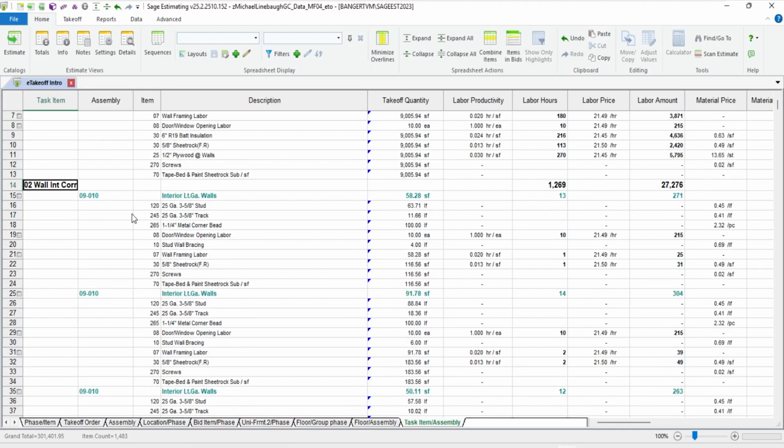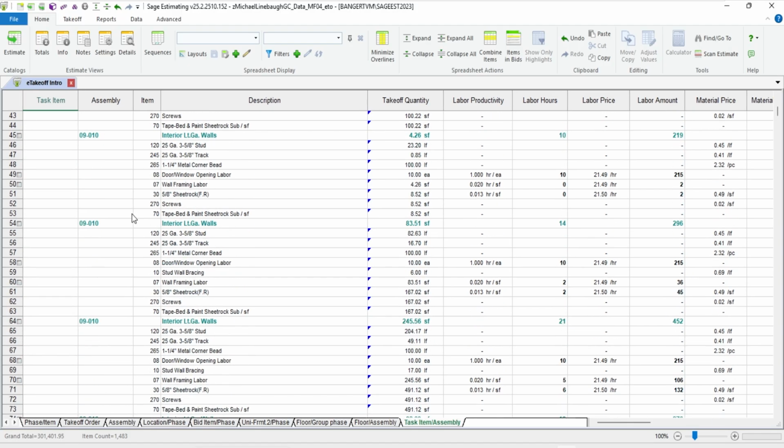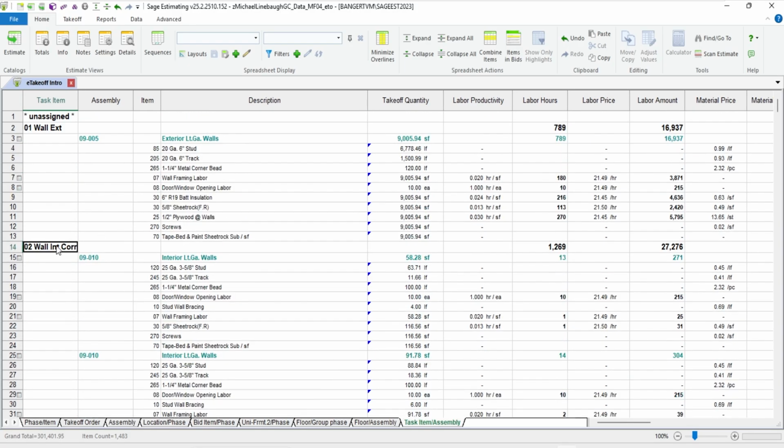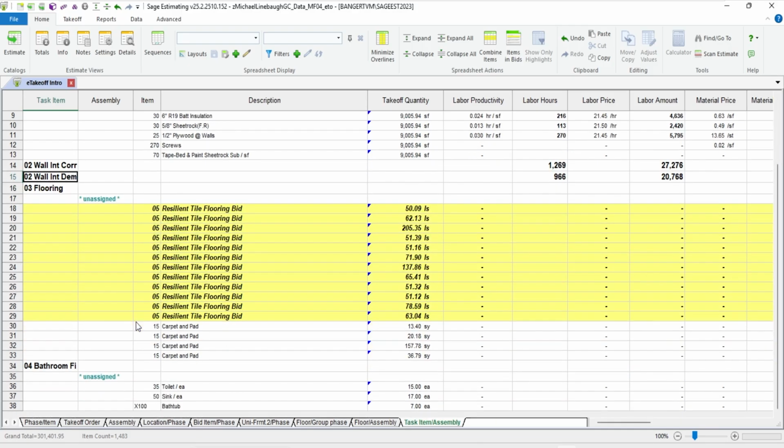There's my walls. So I had some wall takeoff there, and I'm just going to double click on those to close that up quicker. And there's my interior demising wall and so forth. So I'm going to roll it up. Here's all my different flooring products, the tile versus the carpet and so forth. And then here's all the different things that were not done with an assembly. These were just item takeoff for different items that we quantified, like all the toilet fixtures and so forth.